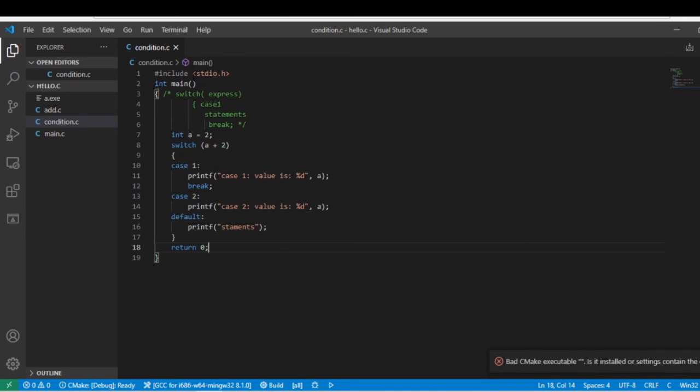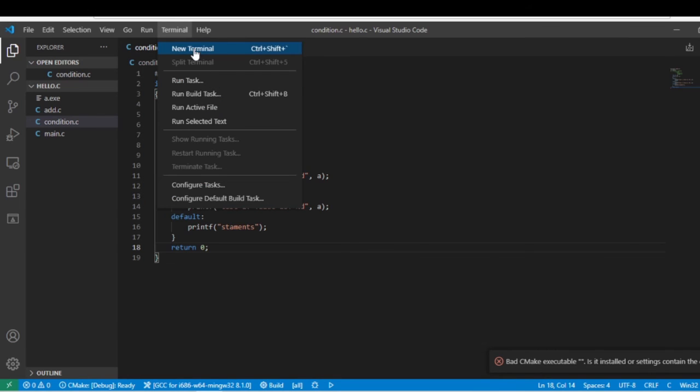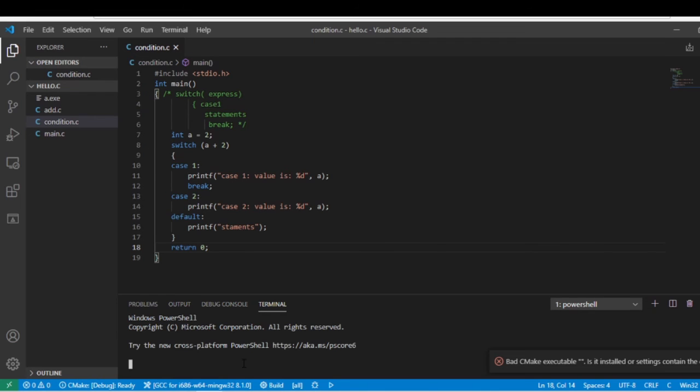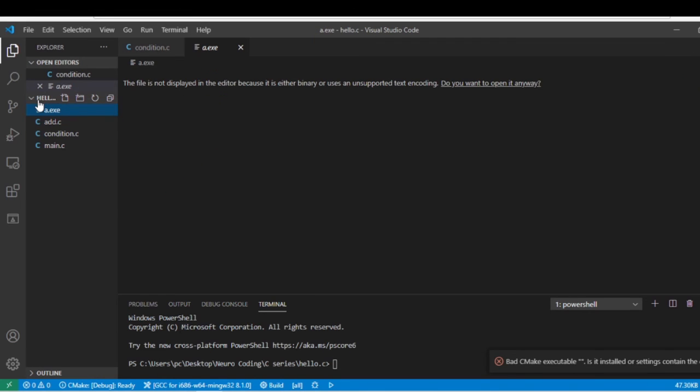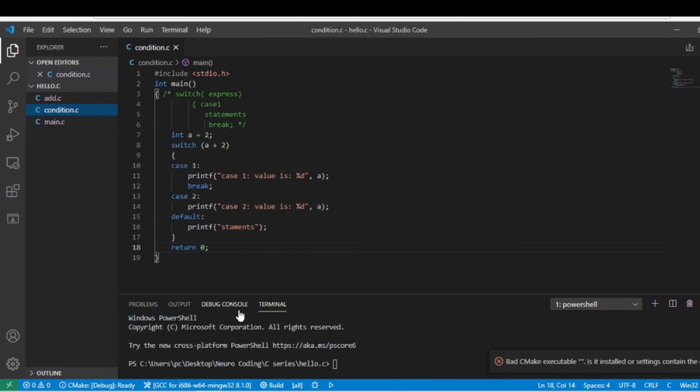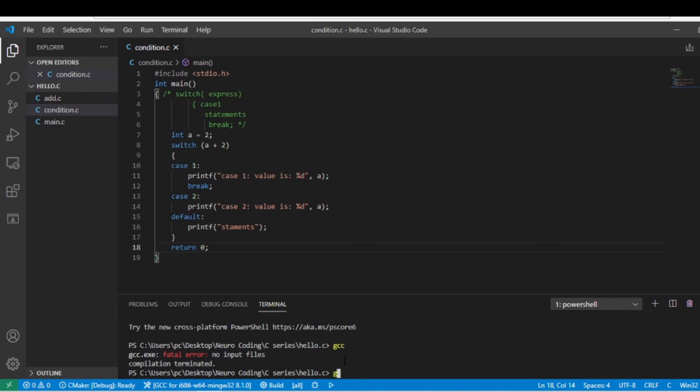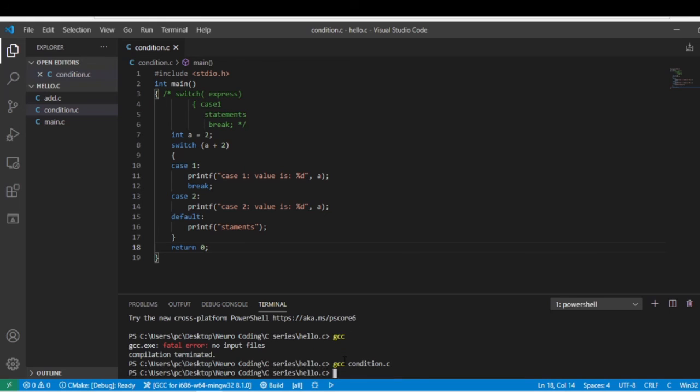Now go to the terminal and run the program again. In the terminal, first I delete this file, type gcc, again gcc, and the file name condition.c, enter, creating the a.exe file. Type ./a and press tab, enter.